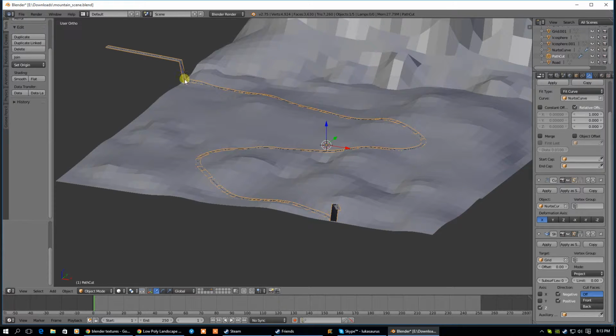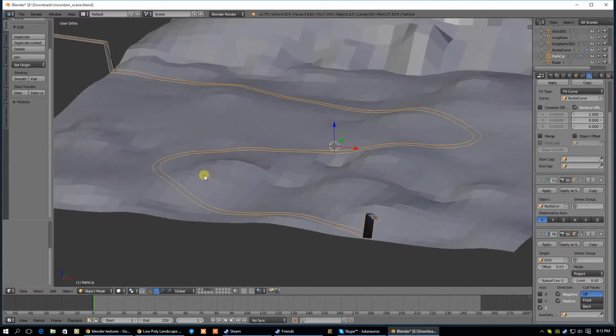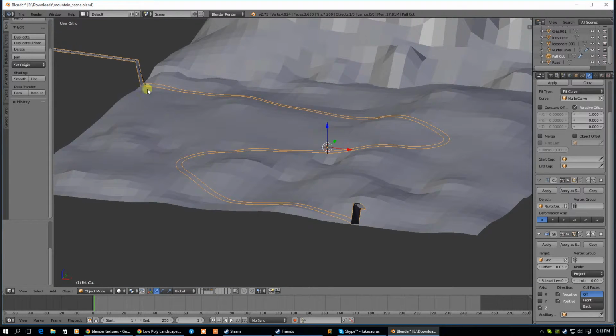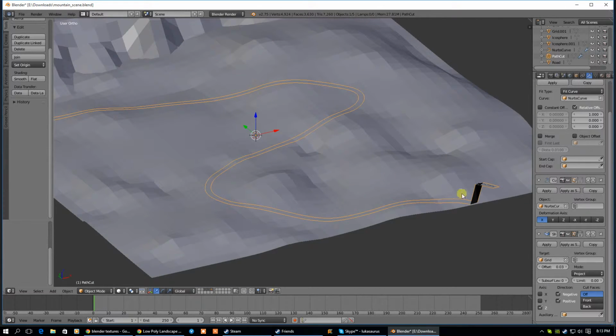And we'll ignore that for now. We'll probably end the curve here if we can. Or maybe we'll extend that out that way and that way. The limit, no, I don't want that. Offset is going to be 2. Now this path, if I zoom into it,